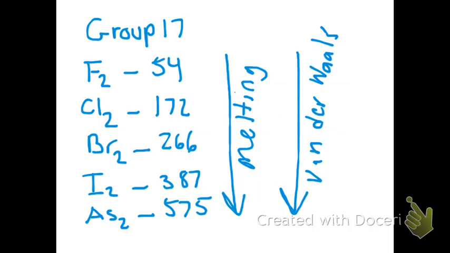And so fluorine being the smallest is going to have the smaller van der Waals forces, where astatine down here at the bottom of the group is going to be the largest, so it's going to have the strongest van der Waals forces. So it's important to remember this, that the van der Waals forces increase with increasing size of